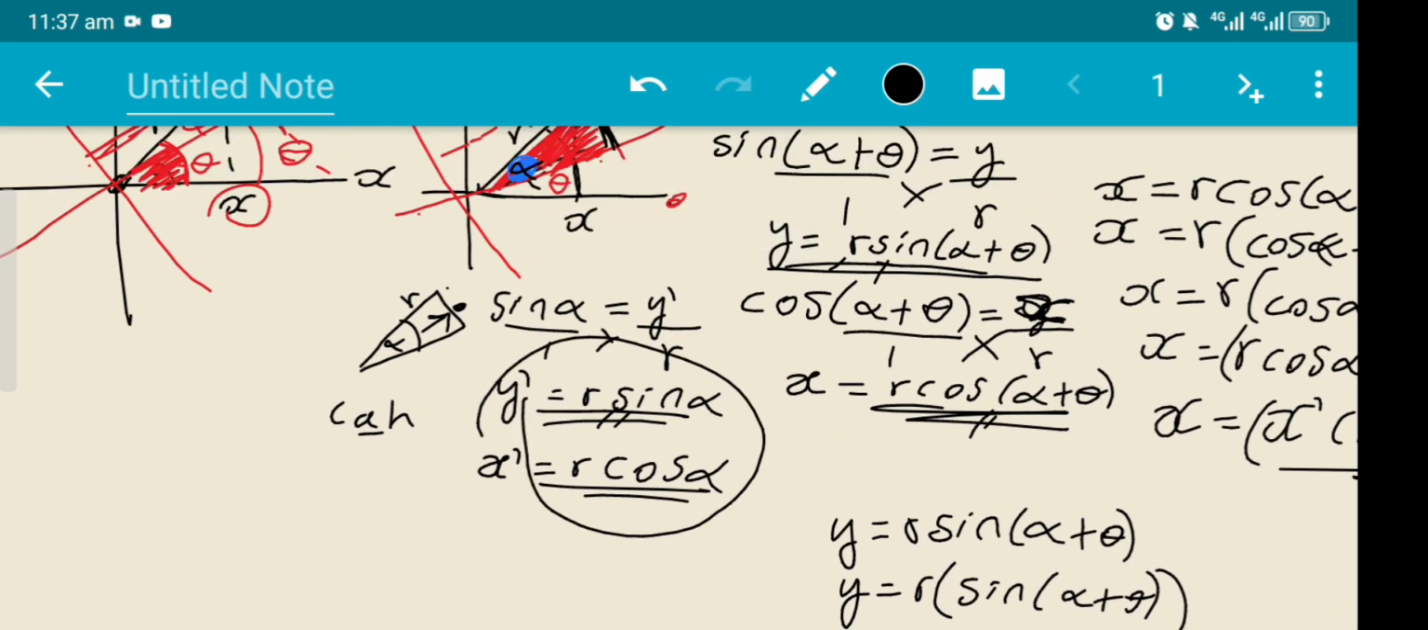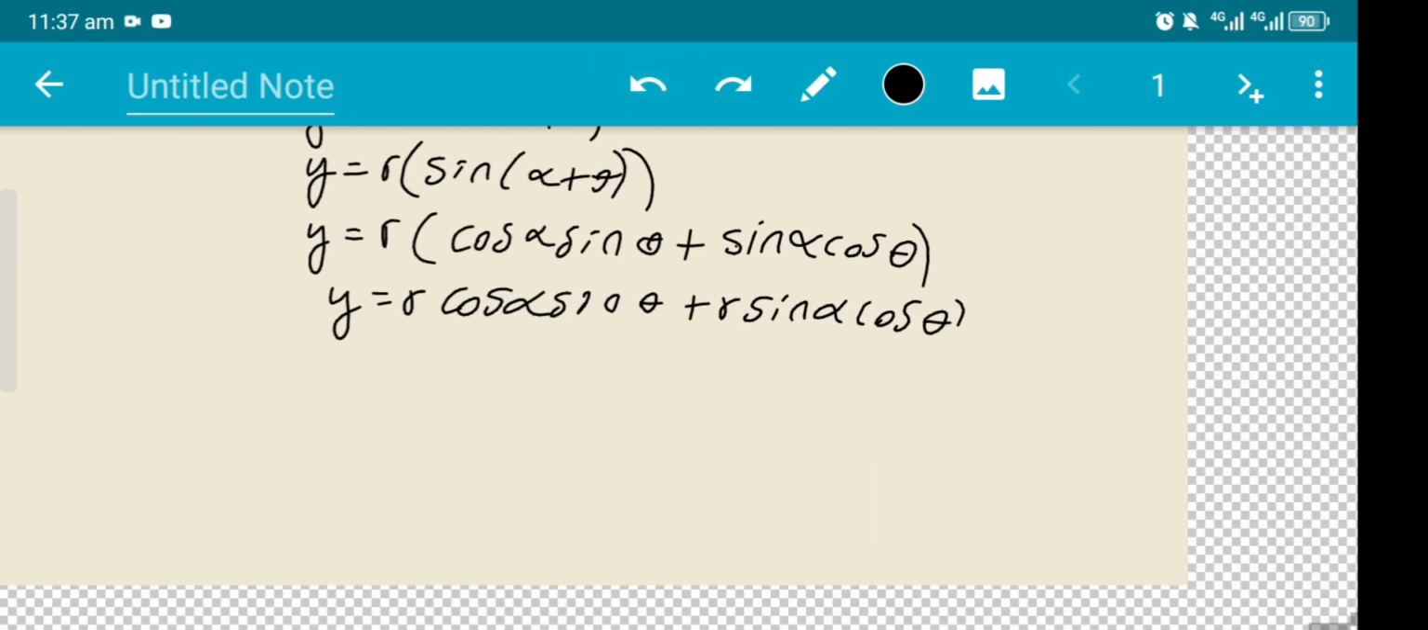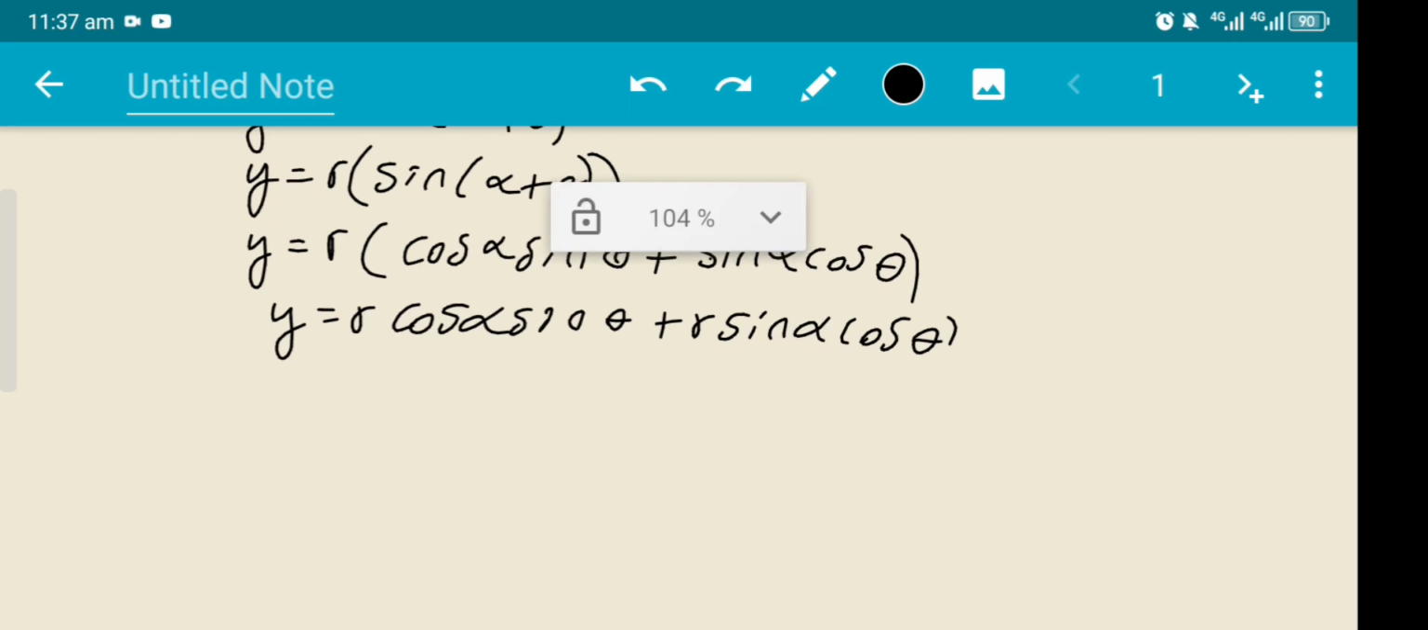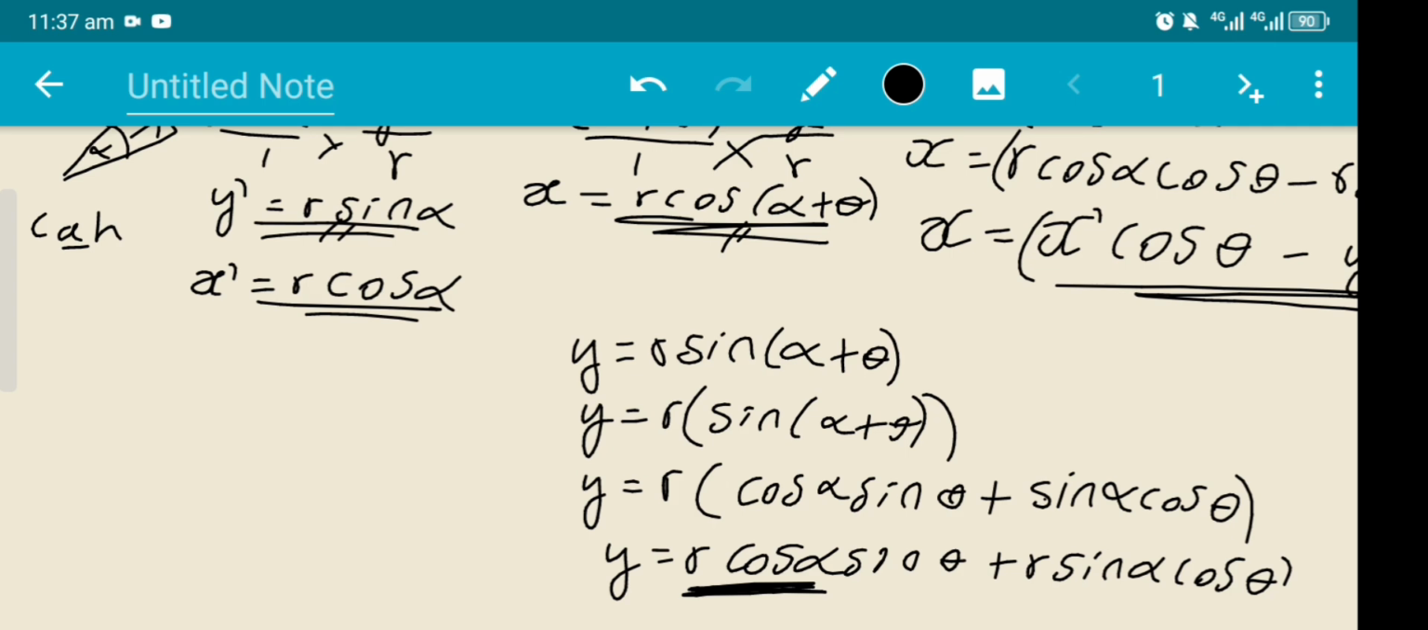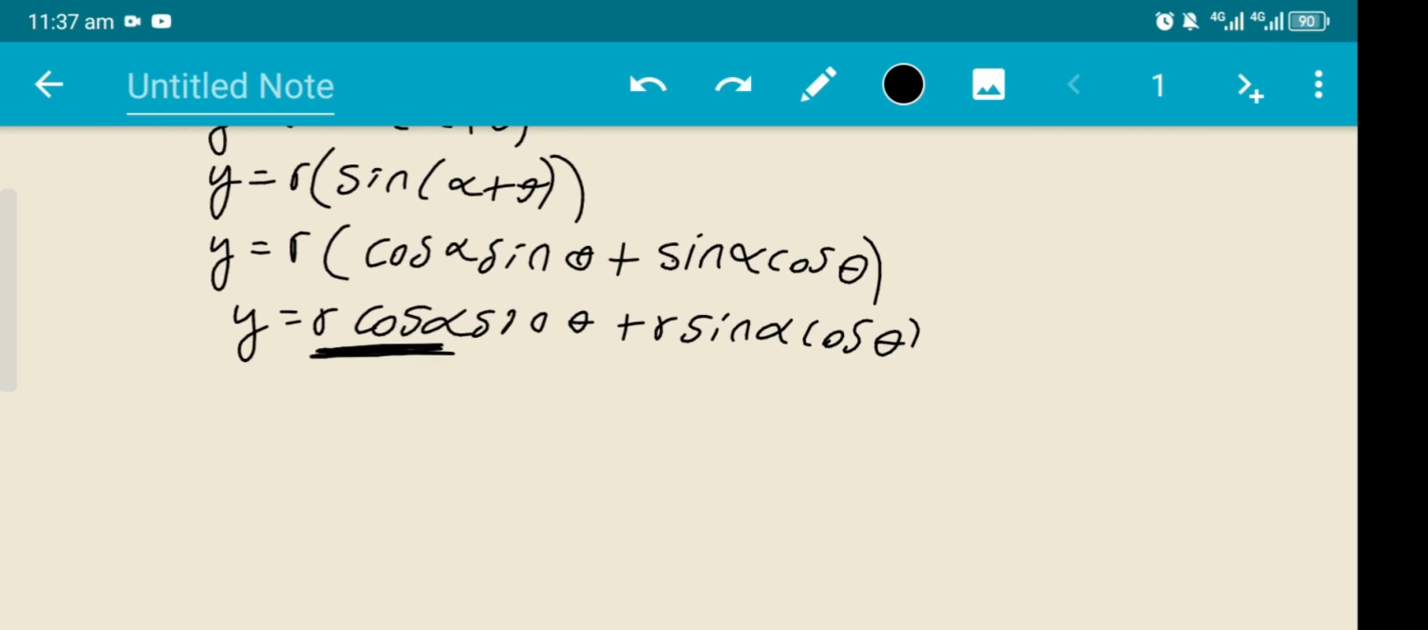This is y prime is equal to r sine alpha. Let's look at this equation right here. What we have here is r cos alpha. What is r cos alpha? R cos alpha is x prime. So let's replace that with x prime. So this is y is equal to x prime